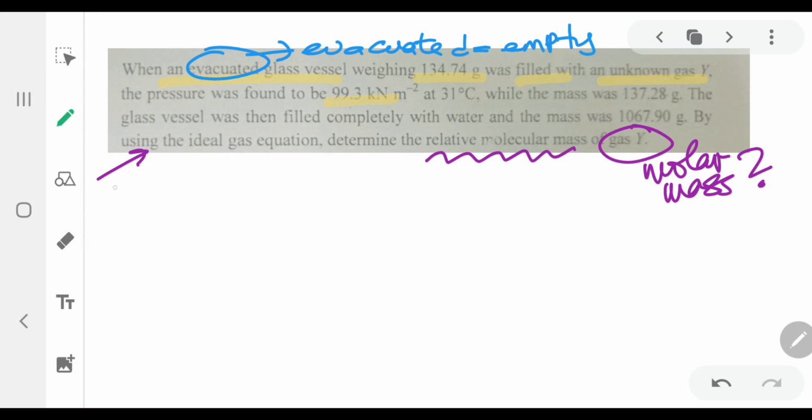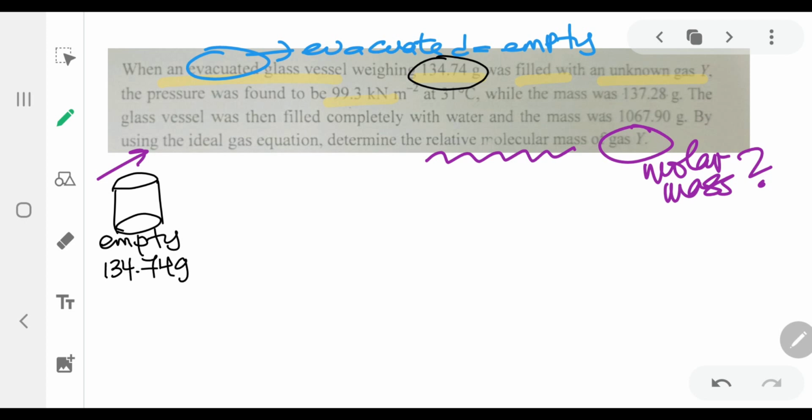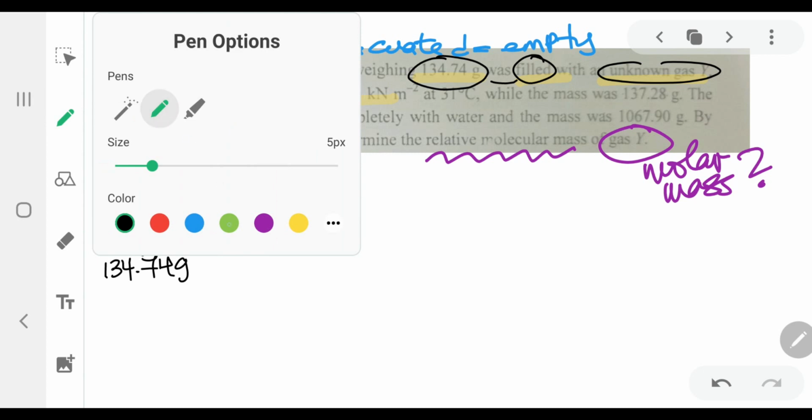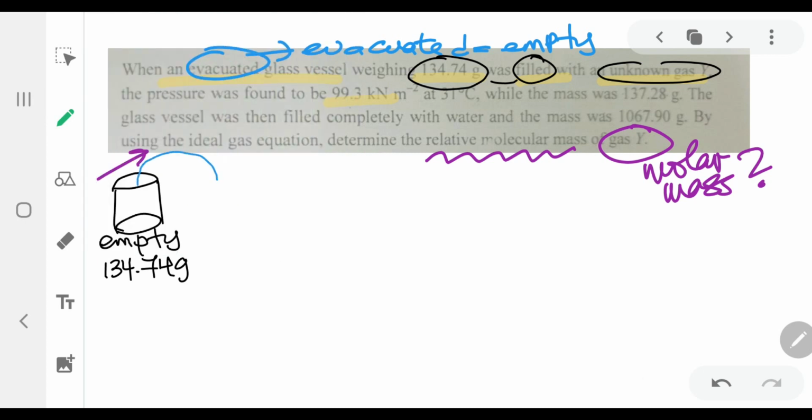So if we have an empty vessel, so that is my empty vessel, and it has a mass of this. Okay, so this is the evacuated vessel with the mass of 134.74 grams. So that is the starting point of the whole story. And then it continues, was filled with unknown gas Y. So you're going to fill inside your empty vessel over here with